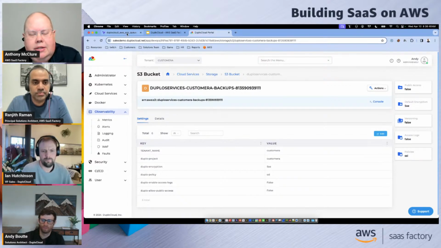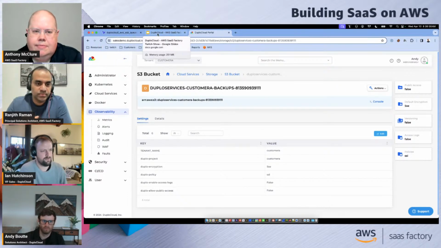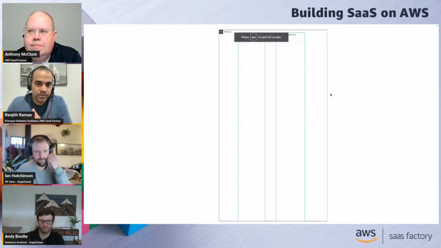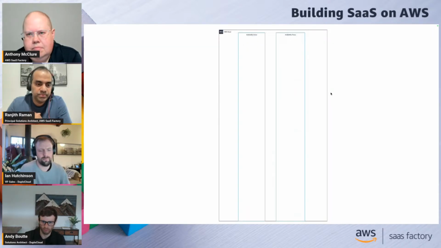So all this is absolutely fantastic, Andy, and I know that you also have some additional diagrams that you wanted to go over as far as the architecture is concerned. Yeah, let's jump into that. Let me full screen this. I just want to walk through the building blocks of what we deployed via Terraform, but from a diagram perspective. So we have just an empty AWS account, a couple of availability zones, standard AWS stuff.